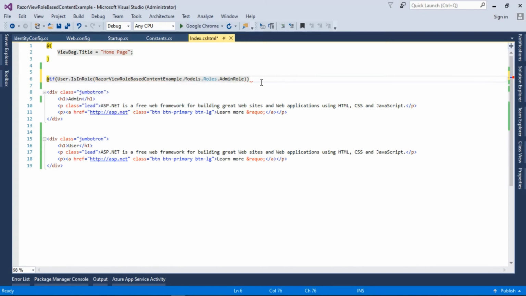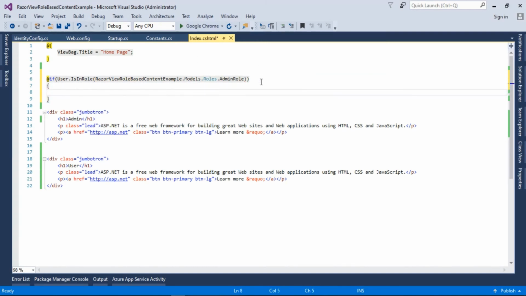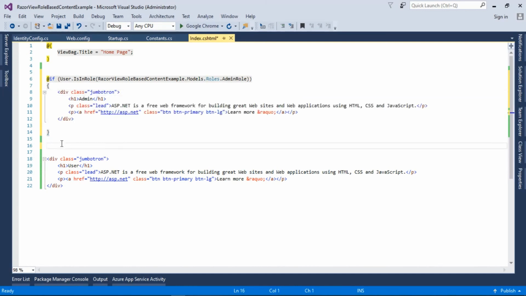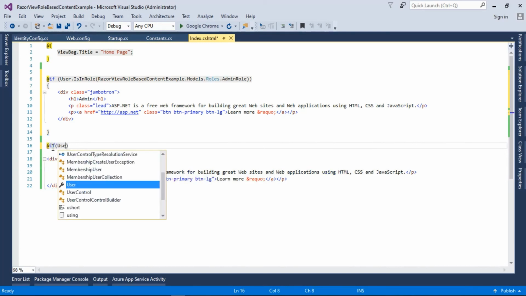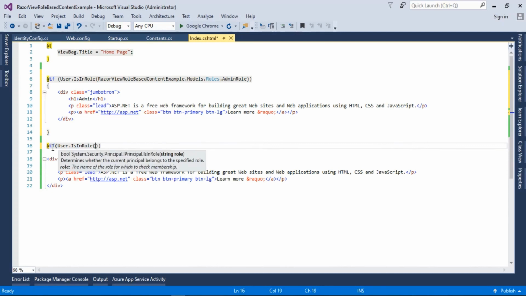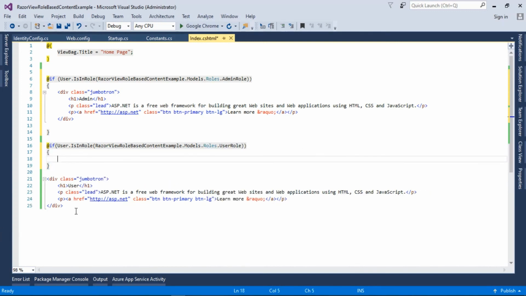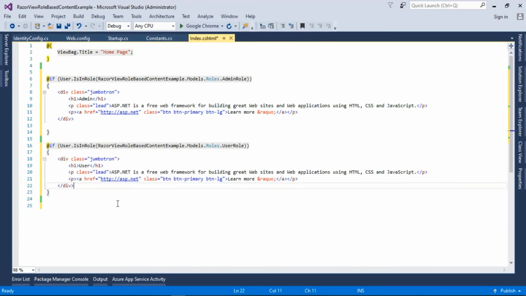So if we have the user with the admin role, then we want to display this content, and similarly User.IsInRole, RazorView Models.Roles.User, then we want to display the content of the user here as well.